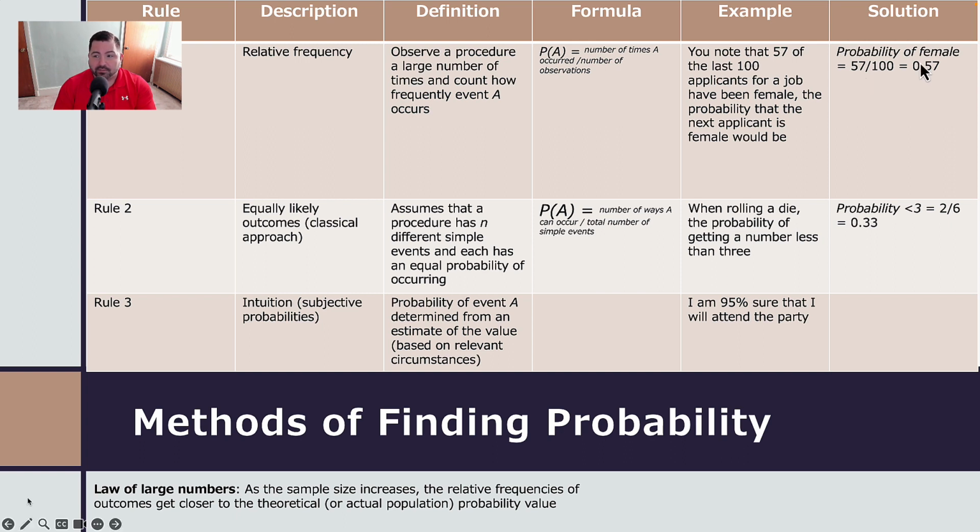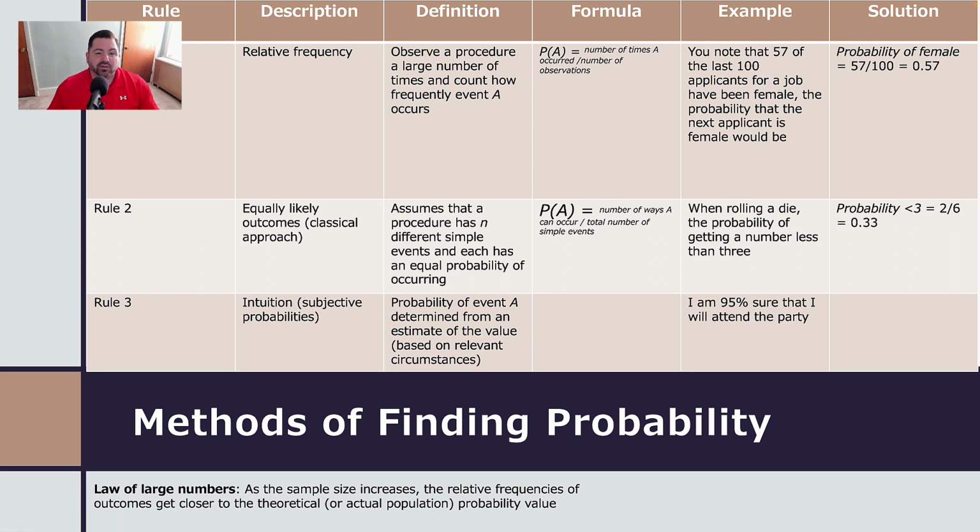And you get a decimal of 0.57, or if you multiplied that by 100, you would get 57%. So there's a 57% chance that the next applicant for a job will be female. Simple enough. If we look at Rule 2, this is described as equally likely outcomes, or a classical approach to